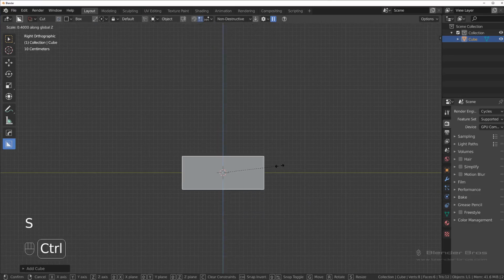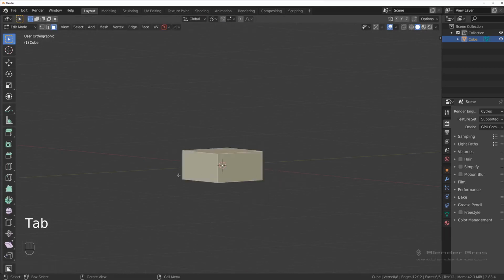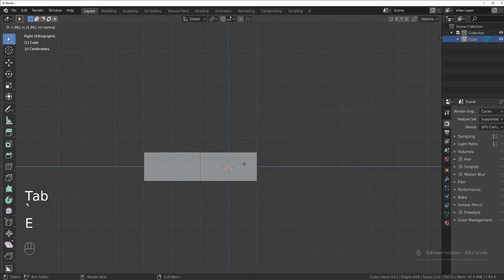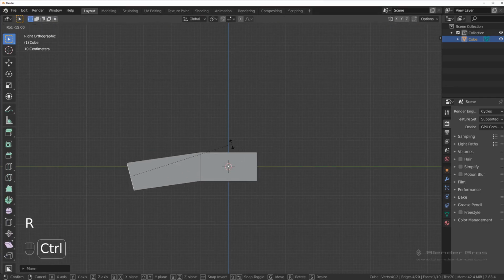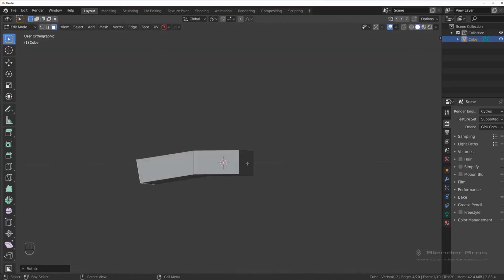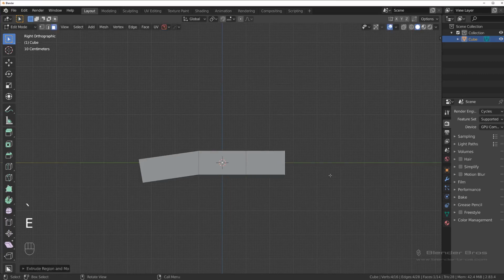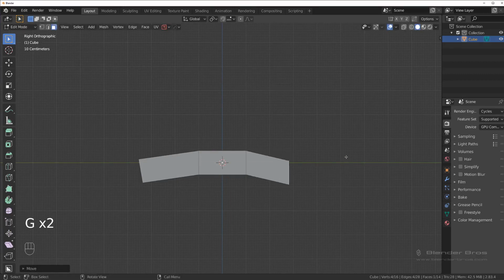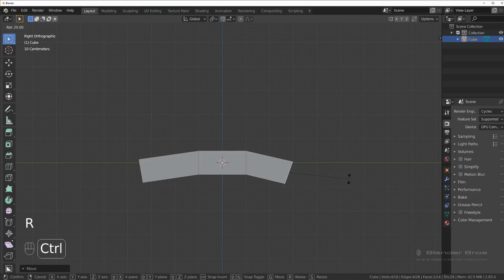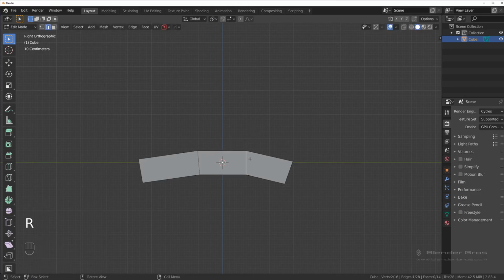So let's scale it. You can hold Control to snap it and do something like this. And let's extend it here, so E and G and move it down, and R and rotate it a little bit, so kind of like this, and extend it here, in fact a bit more, so G, Y, and drop it down, something like that, should be fine. And now let's rotate these two a little bit, like that,